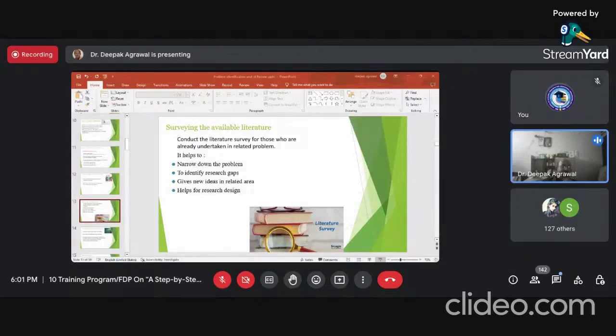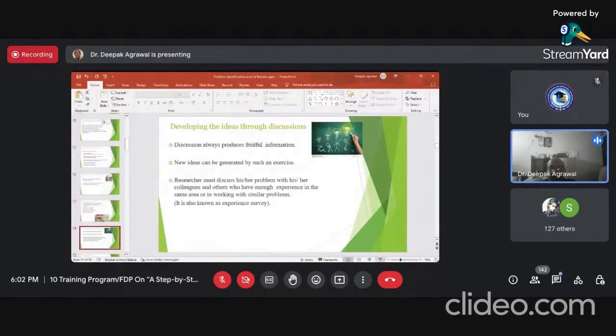Just try to get new ideas from those research papers you go through so that you can relate them with your work, and it provides a base or help for the research designing. So once again, we should be very clear about what we want to do, why we want to do it, how we will proceed, and keep those things in mind